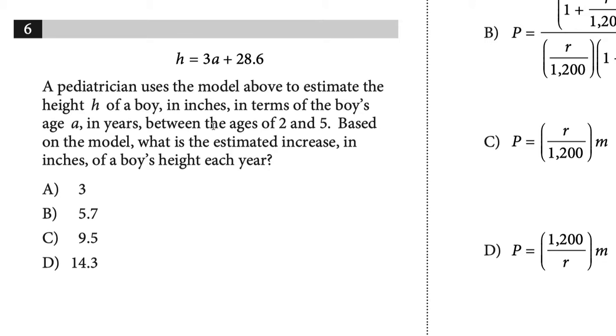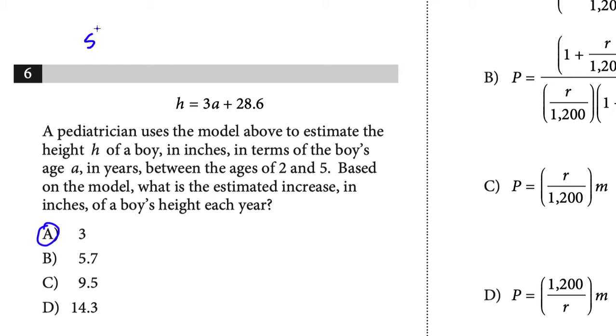The correct answer here is A. Let me talk about why the answer is A. Well, it's quite simple, actually. If I have 3 attached to the variable A, 3 is the slope. Again, write this down: slope